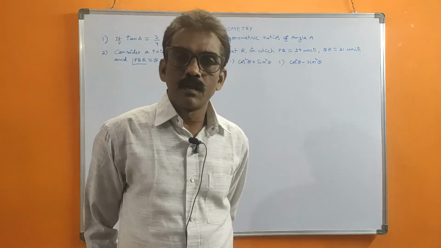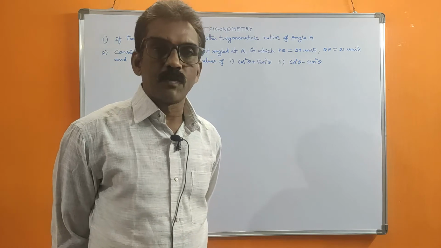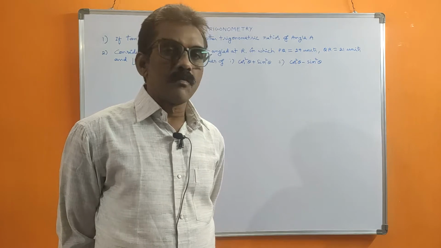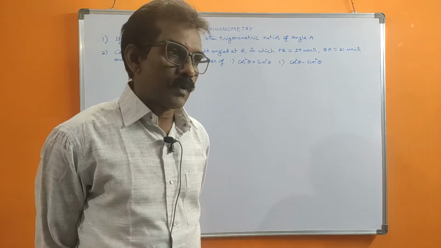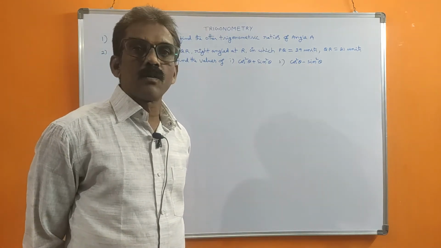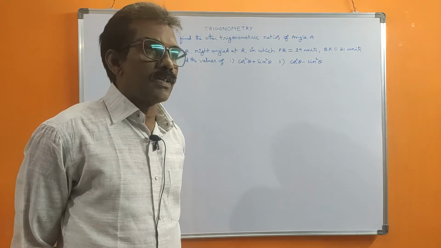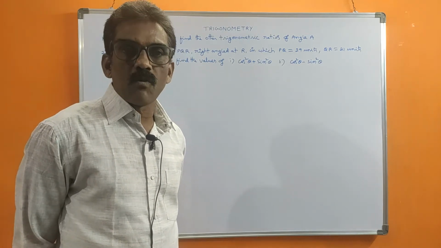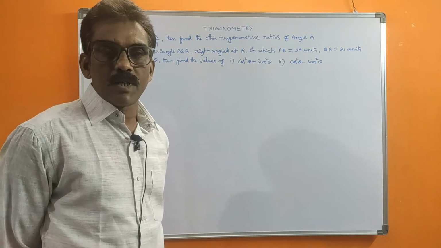In the last videos, I explained the trigonometric ratios and values for some special angles 0, 30, 45, 60, 90, and the basic trigonometric identities. So now, from this video onwards, based on the formulas and values we learned before, we should solve some numerical problems. I want to explain the solving of numerical problems in the trigonometry chapter.